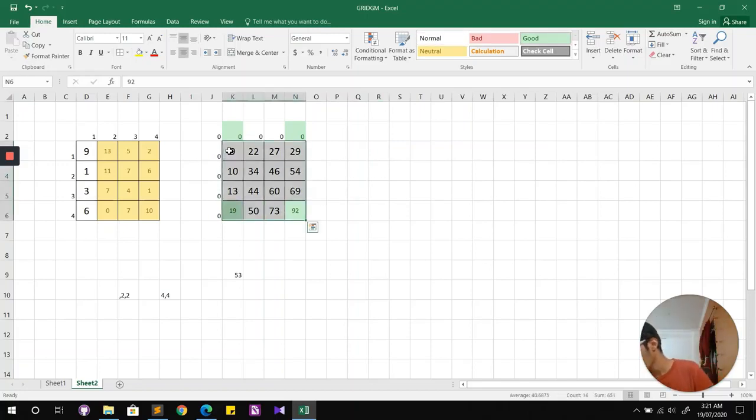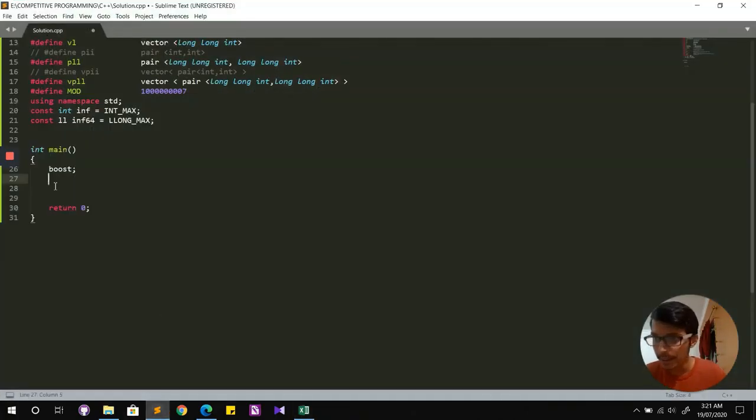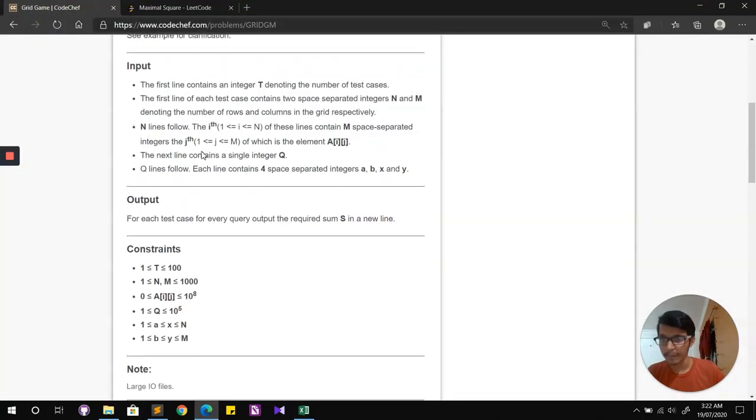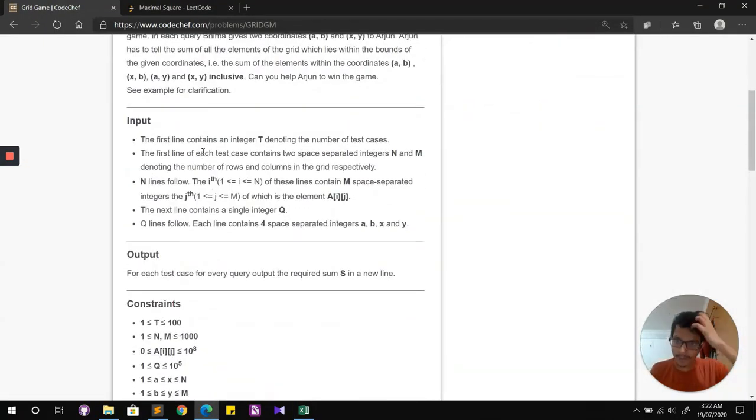So without further ado, let's start writing the code. I think that will be the simplest part of this whole exercise. I actually remember the input format, but for you guys I'll be reading it once again.